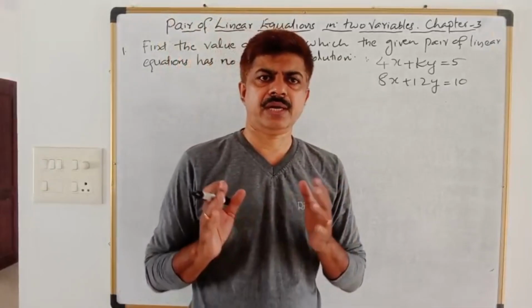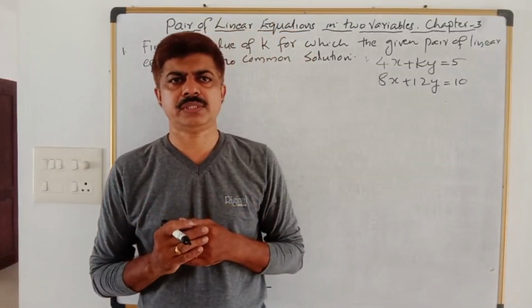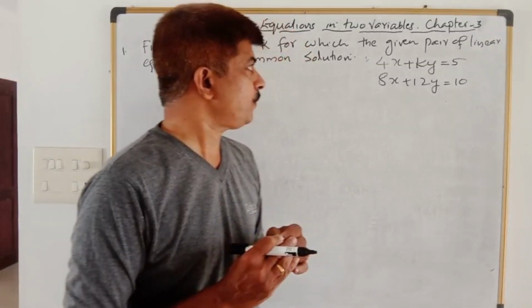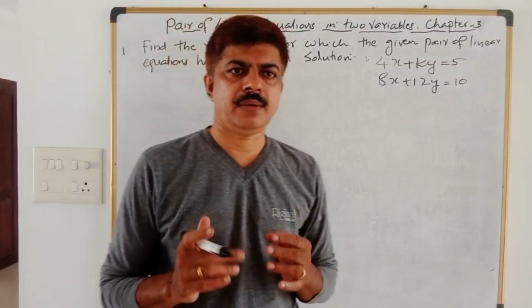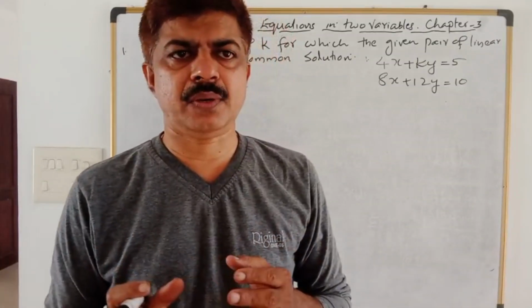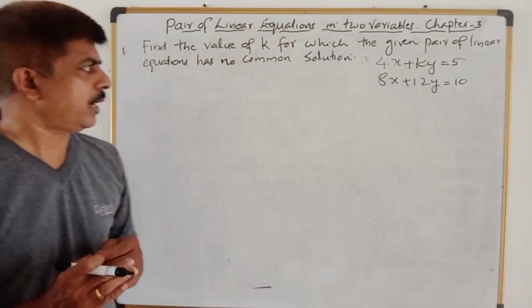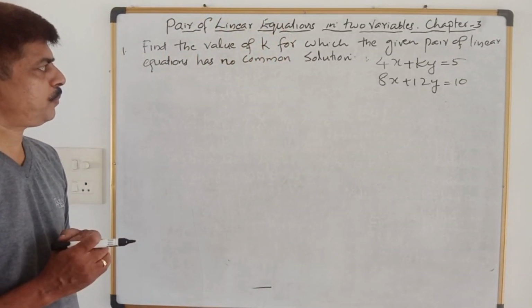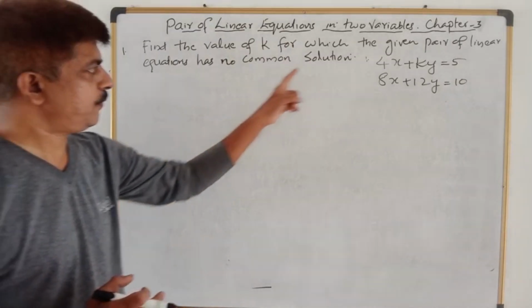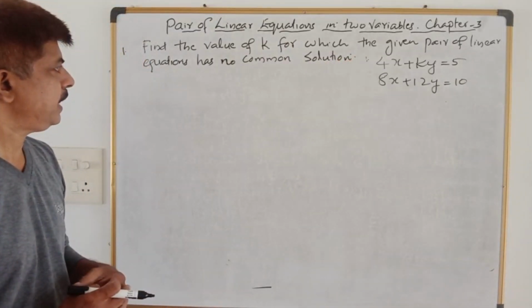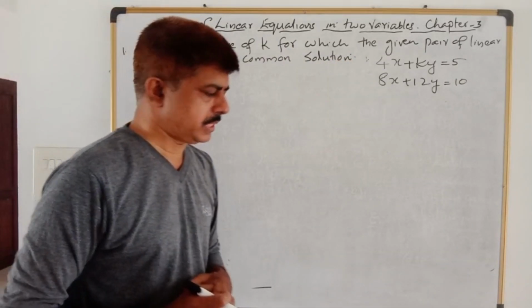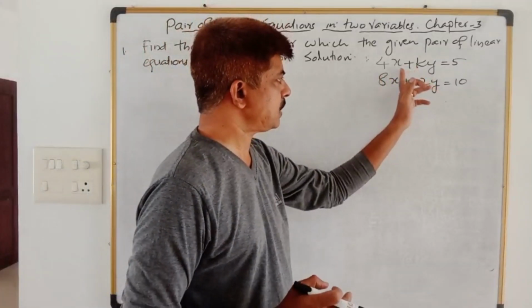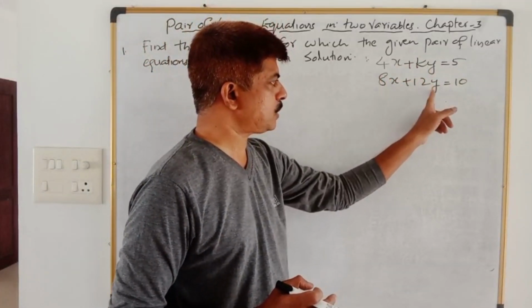In this video, we are going to discuss a very important question on the topic a pair of linear equations in two variables. So students, get ready with your pen and paper. Now let us go ahead with the first important question. Find the value of k for which the given pair of linear equations has no common solution. We are given a pair of linear equations: 4x plus ky equal to 5, 8x plus 12y is equal to